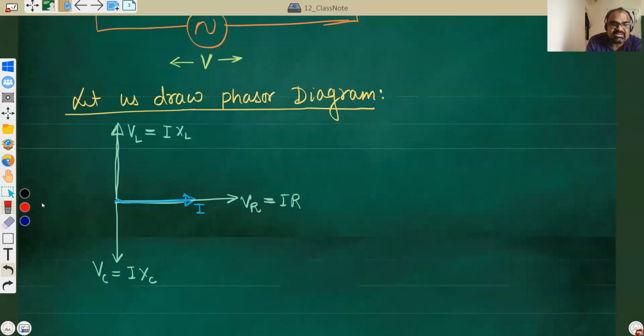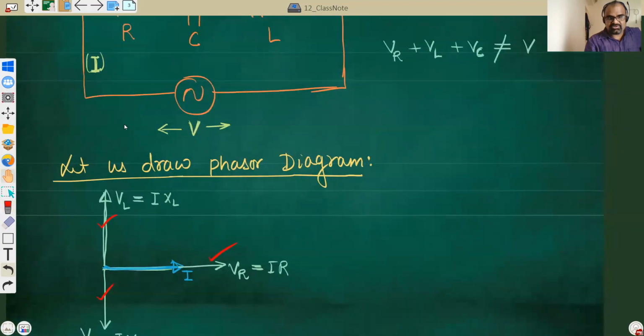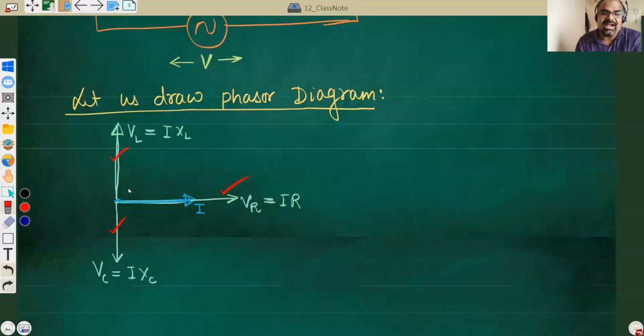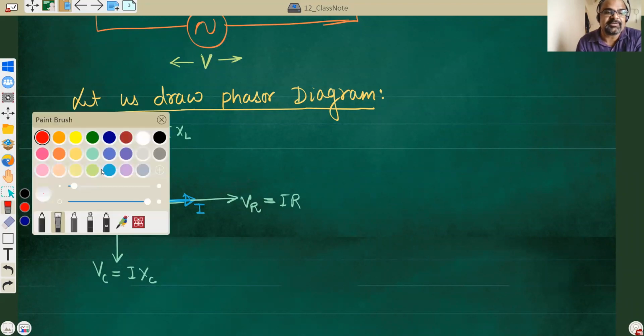Now, these three voltages can be added together vectorially. If we add these three voltages, what will you get? Will you get the source voltage? I think we should. If we add this voltage and this voltage and this voltage, not directly, not like 2 plus 2, 4, but vectorially, then we should get this voltage. That's what we have been getting till now. So if we add these three voltages, we should get the source voltage. But the problem is you can't add them directly, so one more step is needed.